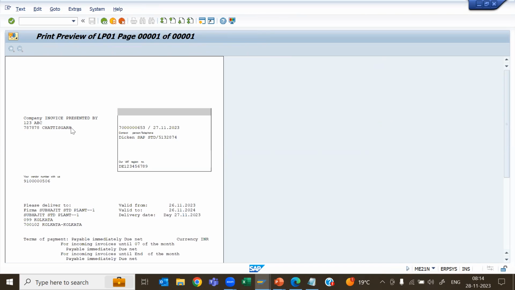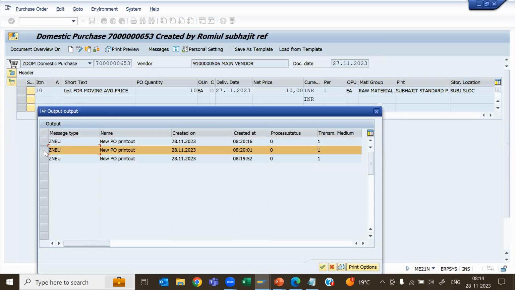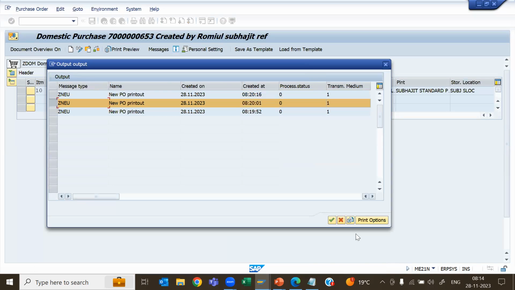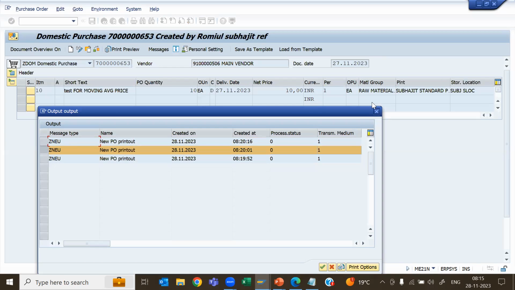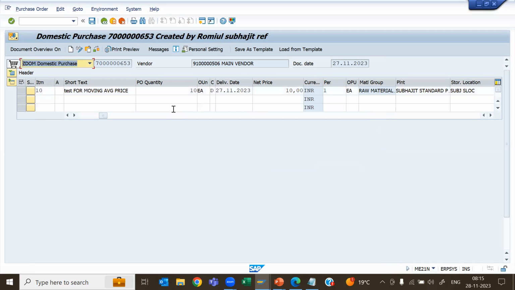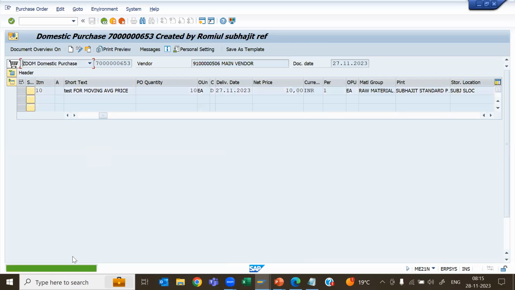That means whenever we use our partner function, this is the print output for the invoice presented by. If you go for the second option, here you can see the goods supplier will be shown. So whenever we use partner function in our purchase order, they have different print previews for the different suppliers. Just click on the save button,